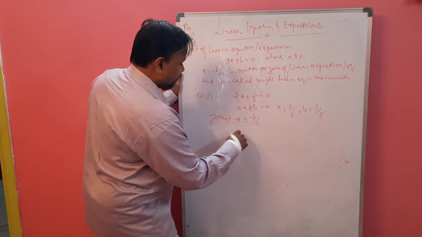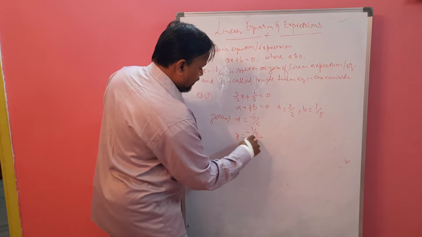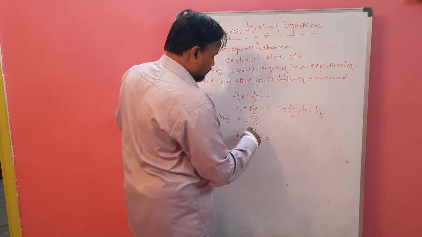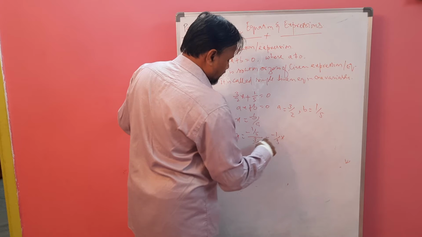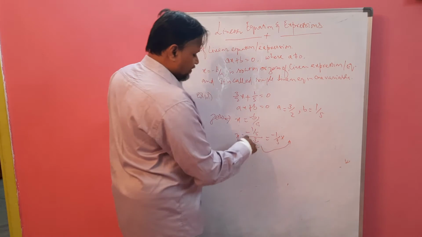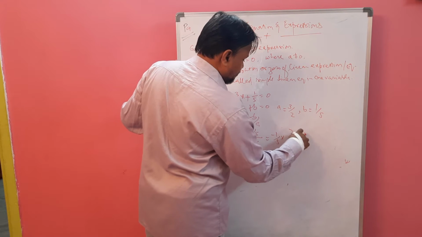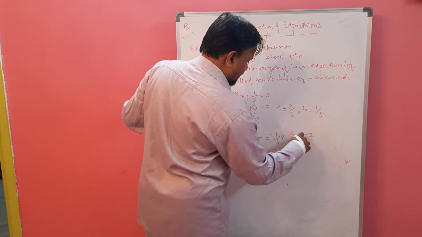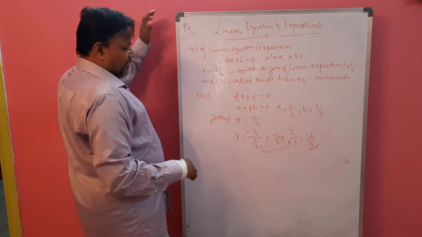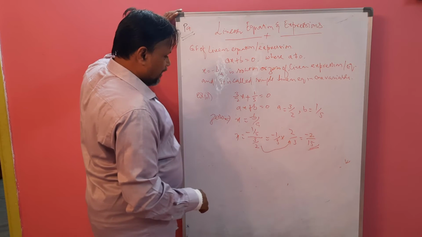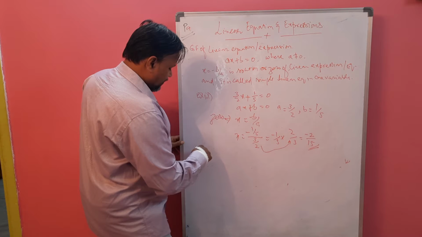Now x equal to minus of 1 by 5 divided by 3 by 2. So fraction by fraction is there. So we have to write the numerator as it is, into the reciprocal of this. The reciprocal of this is 2 by 3. Now multiply it. Minus 2 ones are minus 2. 5 threes are 15. So this is your solution. 0 of the polynomial, minus 2 by 15. Now substitute here. If it is equal, then good. Verification.